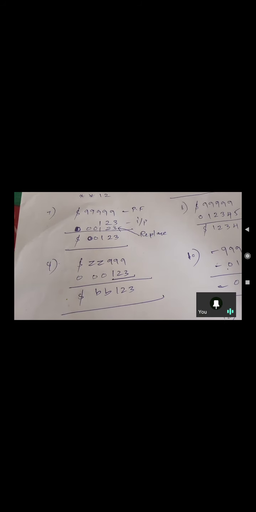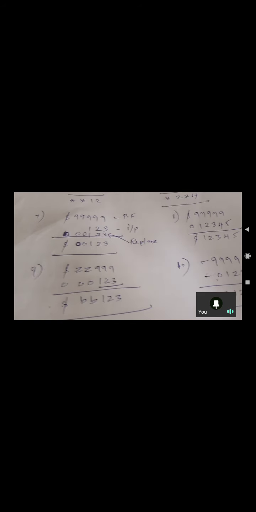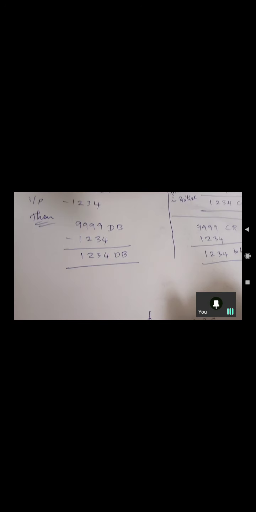Okay. So how we are going to do this? We are going to have dollar, and then double Z and then triple nine. So this is going to be your input: dollar double Z and triple nine. To this I'm passing the input, which is going to be 1 2 3 4. So this is going to be the input.